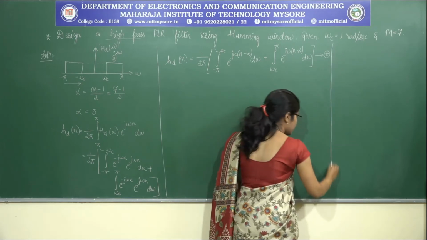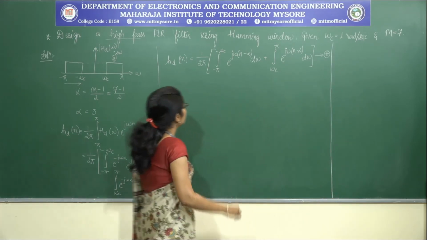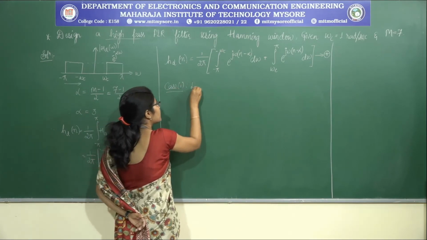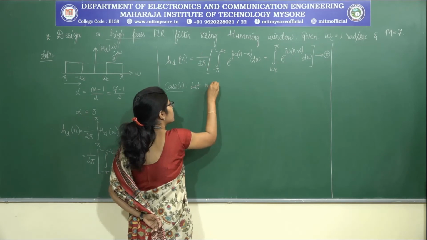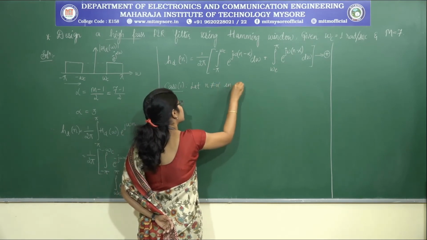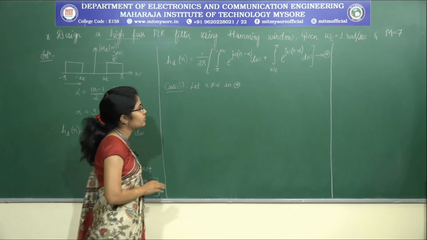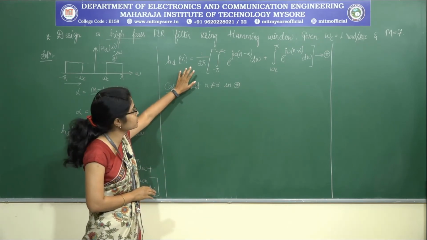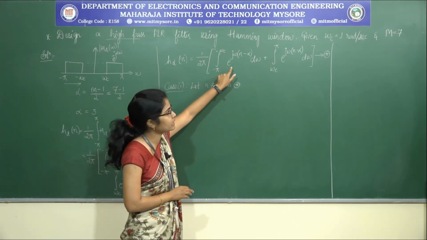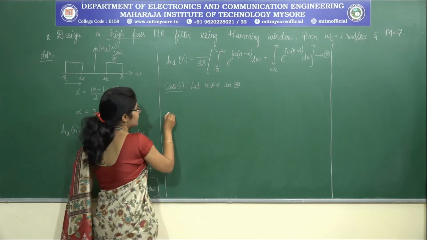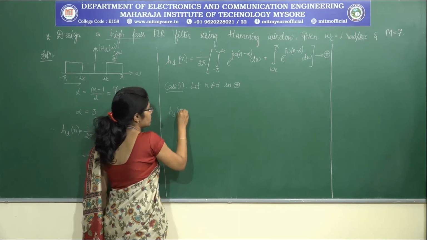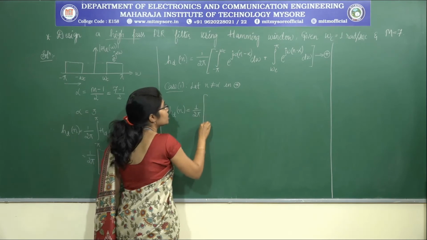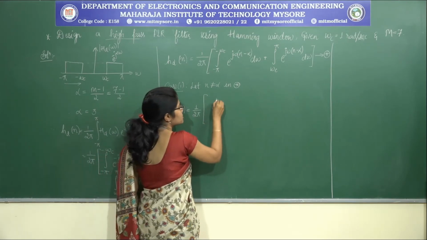Now we should start dealing with case 1 and case 2. So in case 1, let the value of n be not equal to α in star. If it is not equal, the equation remains as it is. Now what I need to do is integrate the exponential term. So I will integrate and write directly. h_D of n will be equal to 1 by 2π into the integration of the exponential term, which is e^